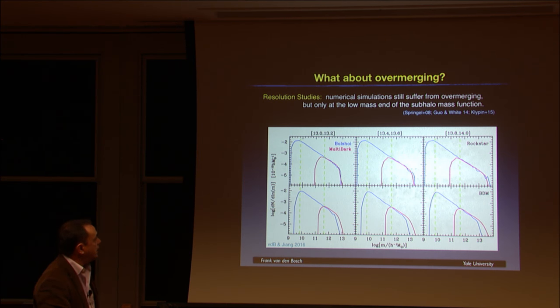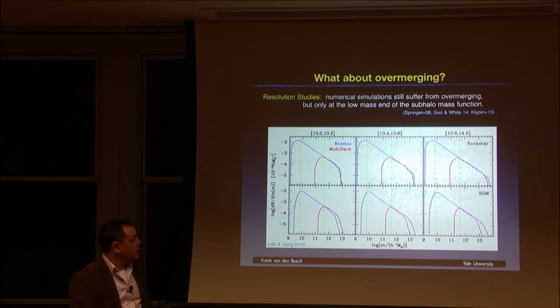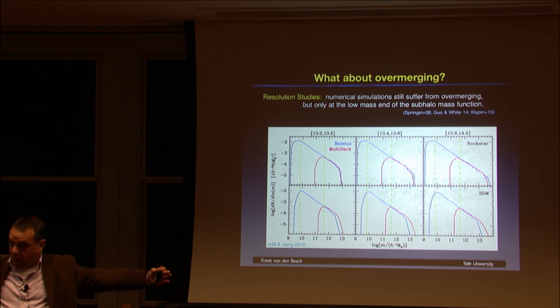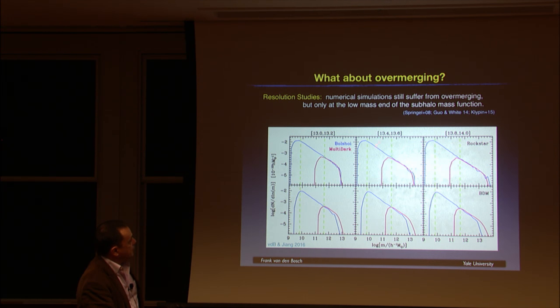This is from a paper that I wrote with Arthur last year. So these are subhalo mass functions. Just look at the upper panels. This is in the Bolshoi simulation, which is the high-res simulation in this case, compared to MultiDark, which is just a larger box, same number of particles but larger box, and therefore lower mass resolution. And you compare the subhalo mass function and the host halo masses in 3 different bins, and you see at the massive end they nicely agree.